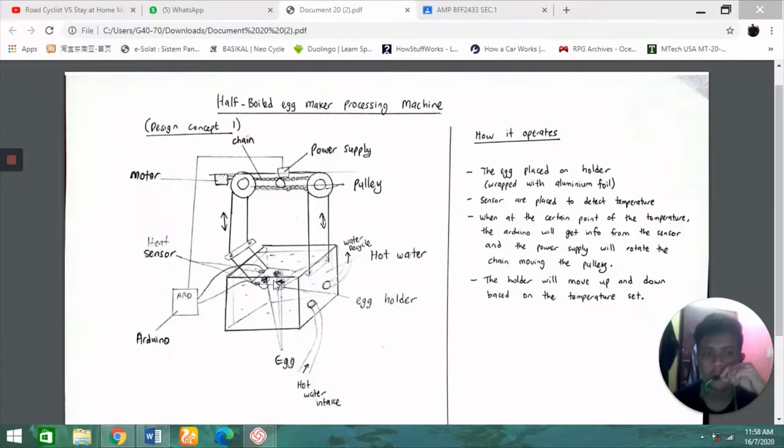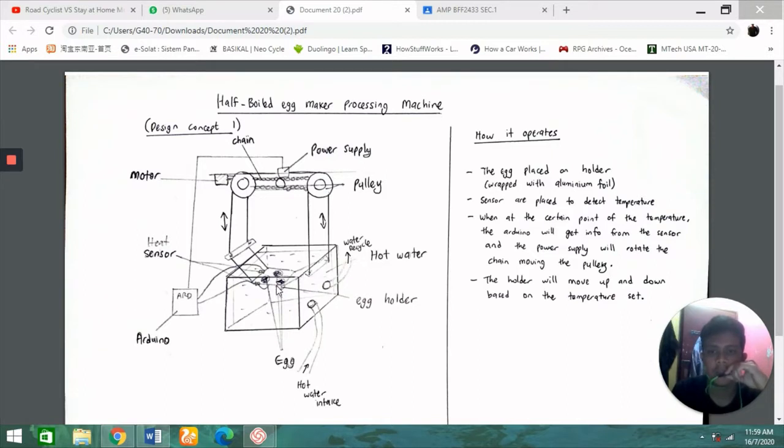And I will represent the first design concept. The egg will be put in the egg holder. Before this, the egg holder is above the box. But when the temperature is not at the limit, after the Arduino is turned on, the pulley will go down slowly into the box, and the hot water flows into the box and recycles. The egg inside the hot water will generate an increase in heat,